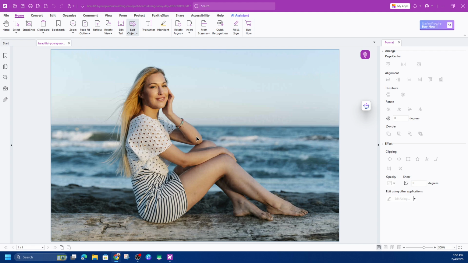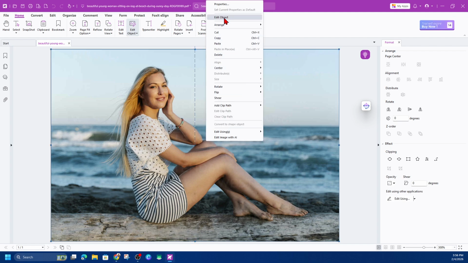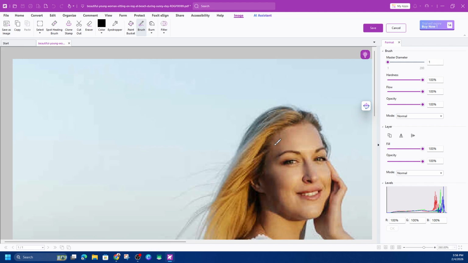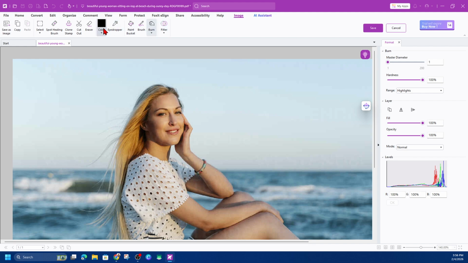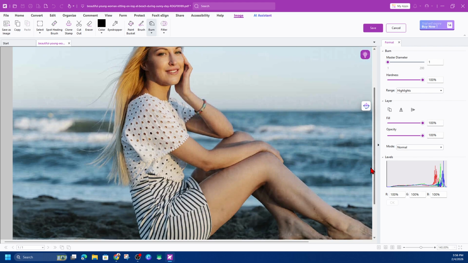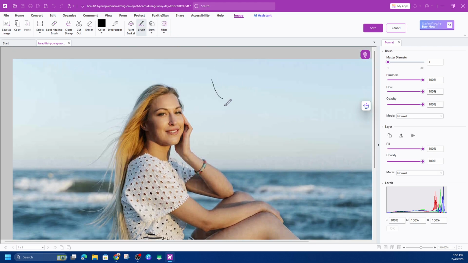Now another thing we can do is right click on the image as well, click on Edit Object, and then we can use a brush, a paint bucket, burn, filters, eyes, all this different stuff to help us edit this image here. So if I want to paint some stuff here, I can change the fill, the flow, etc. So yeah, you can muck around with all the different settings inside of